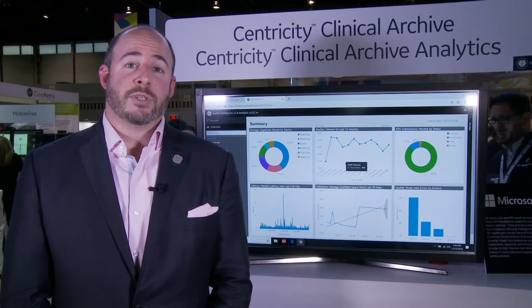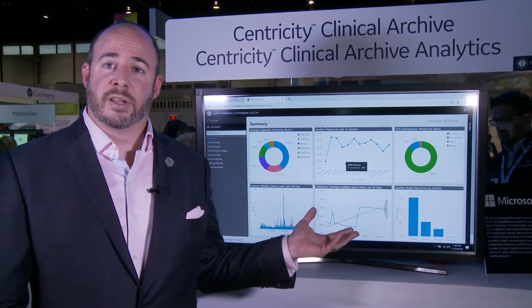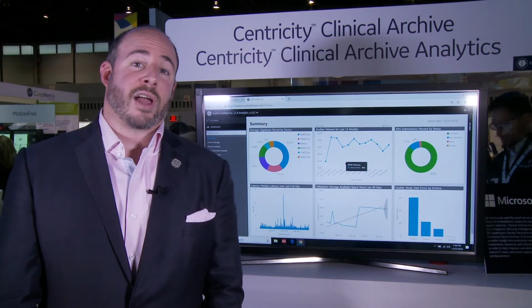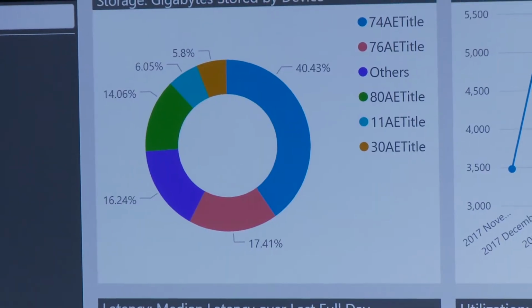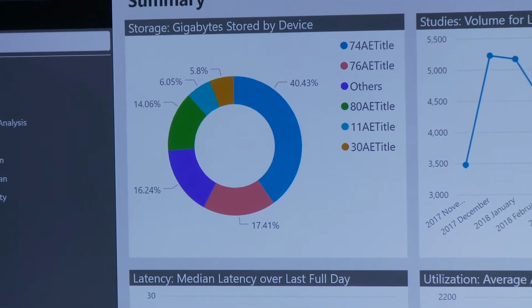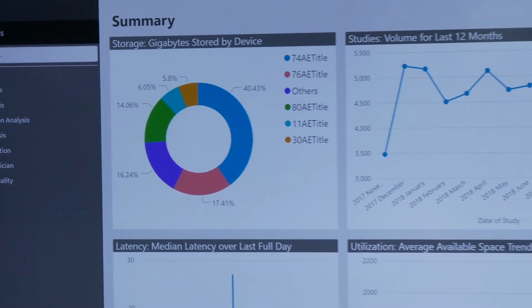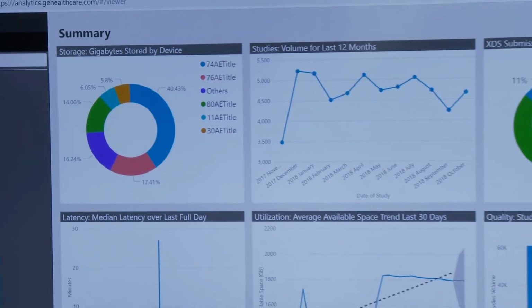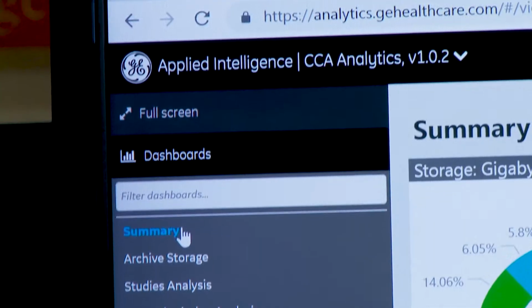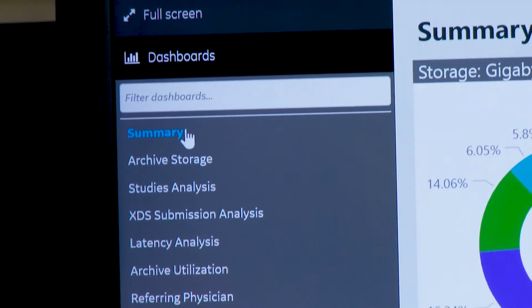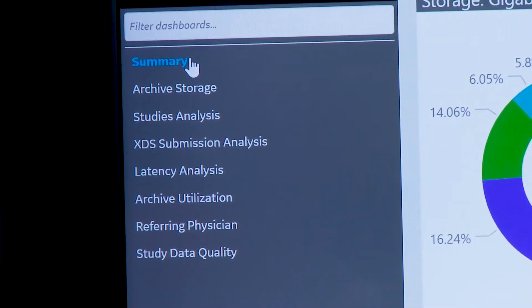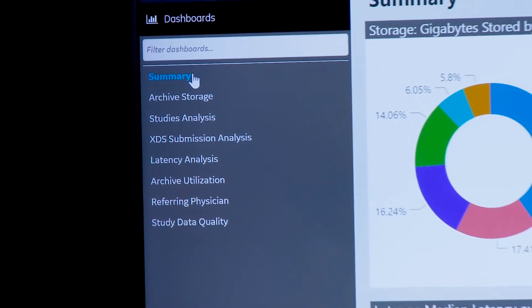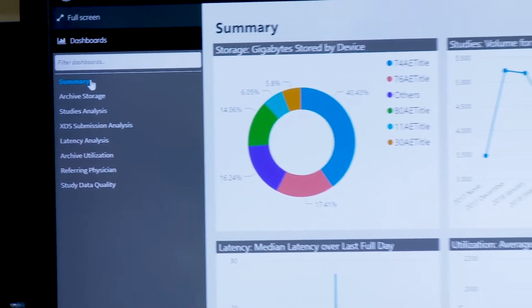I'm the Global Product Marketing Director for Enterprise Imaging Solutions, including Centricity Clinical Archive and Centricity Clinical Archive Analytics. This is Centricity Clinical Archive Analytics, our analytics solution that works directly with the Centricity Clinical Archive solution, GE Healthcare's vendor-neutral archive. Centricity Clinical Archive Analytics provides governance for enterprise imaging, allowing you to evaluate clinical, financial, and operational processes